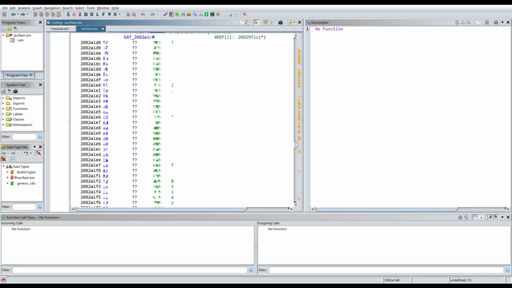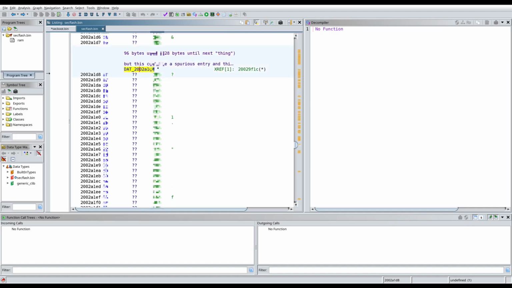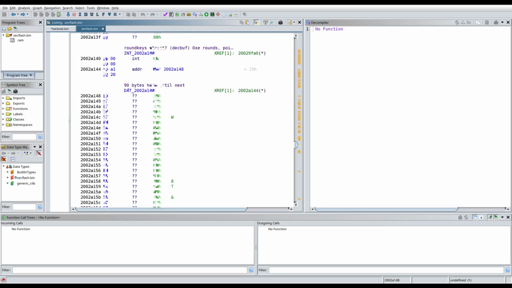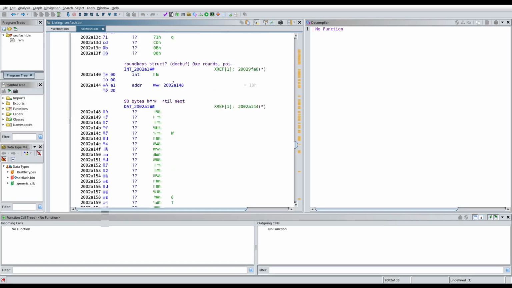So we're doing decryption at the moment that we took this RAM, trying to figure out the distance between code that is using these buffers, so having allocated these buffers. So we keep going. And all of this is interesting because these are obviously encrypted data or decrypted data, or, you know, possibly the round keys. And here I set 90 bytes until next. And when I get here, I see this value, which is 14, which is of interest,